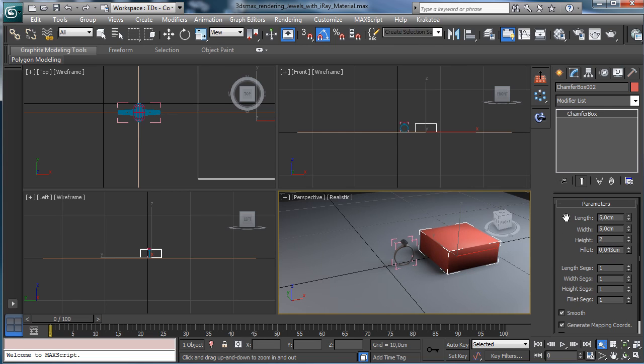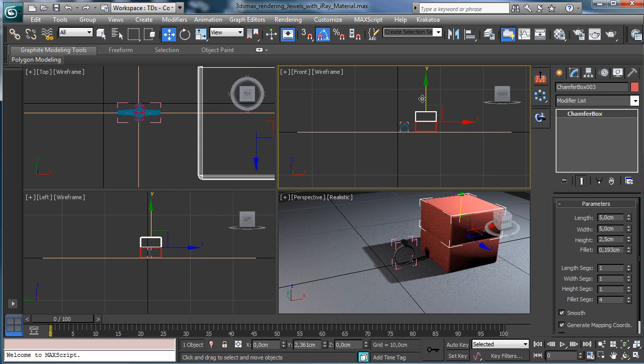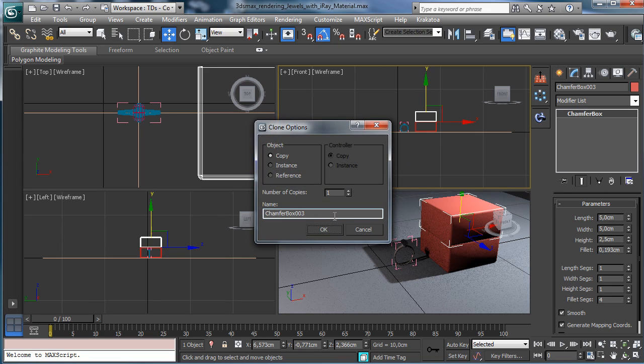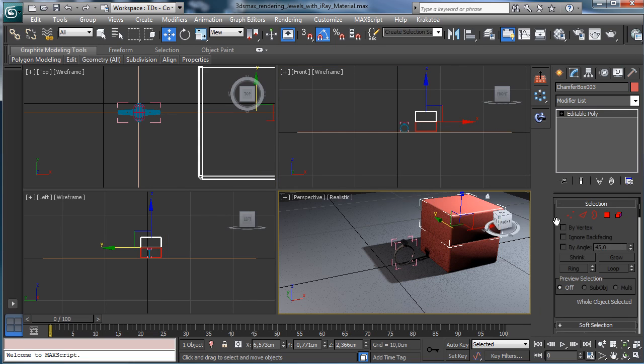So let's go for 2.5. We'll have more fill segments, maybe something like that. Okay, then we need the same thing up to make the boxes. And that's okay. Then let's convert to editable poly,